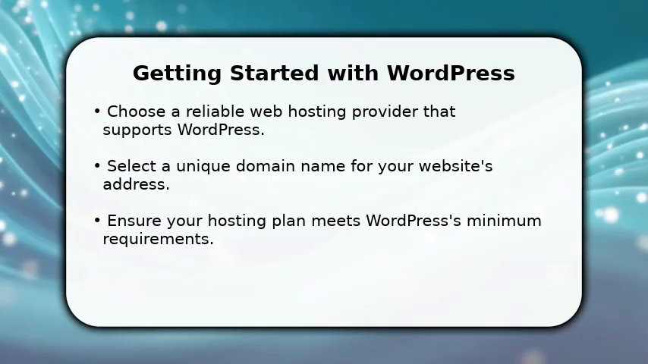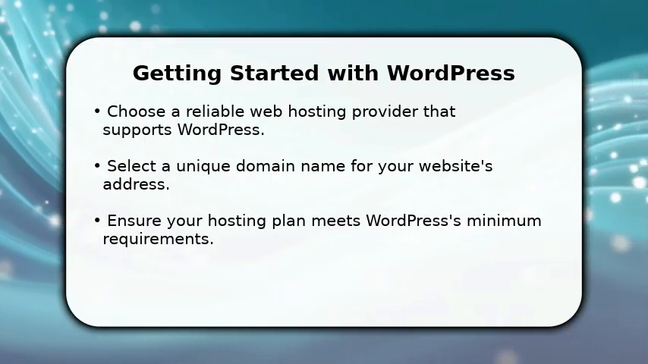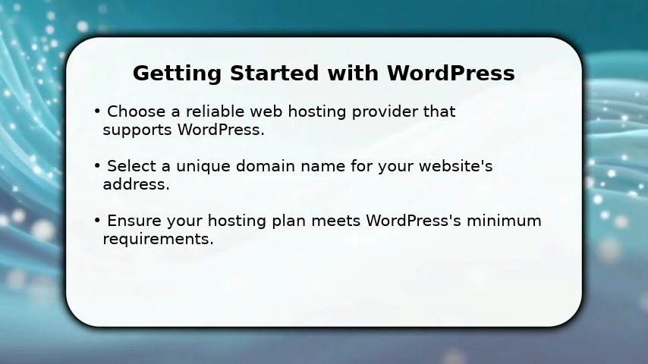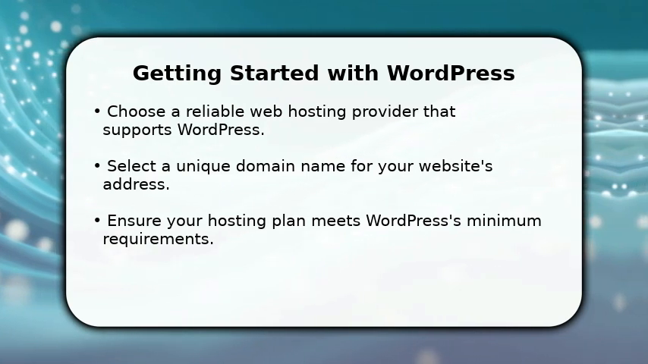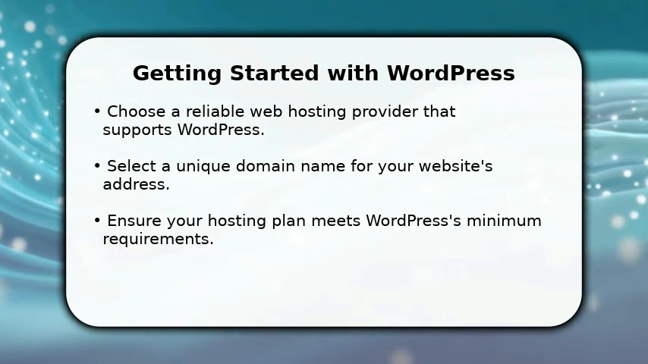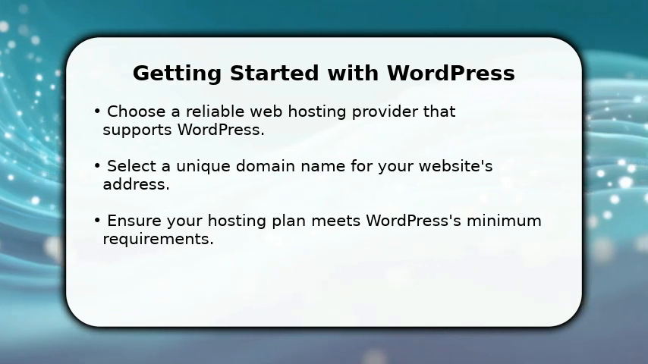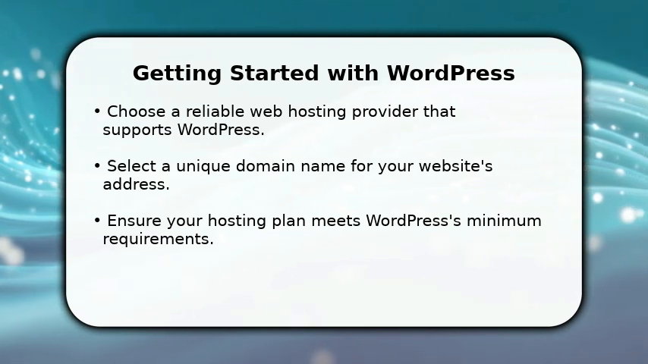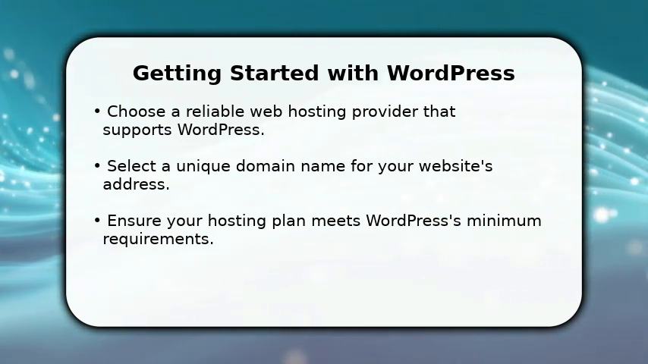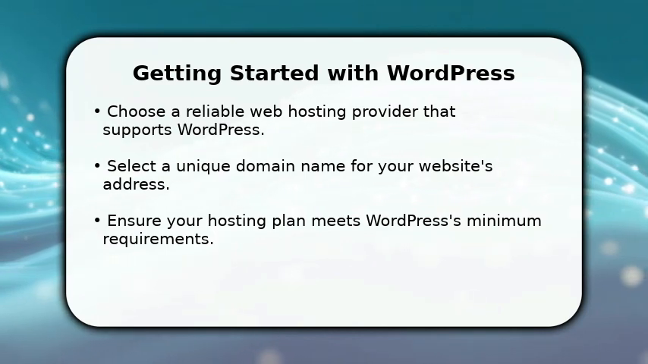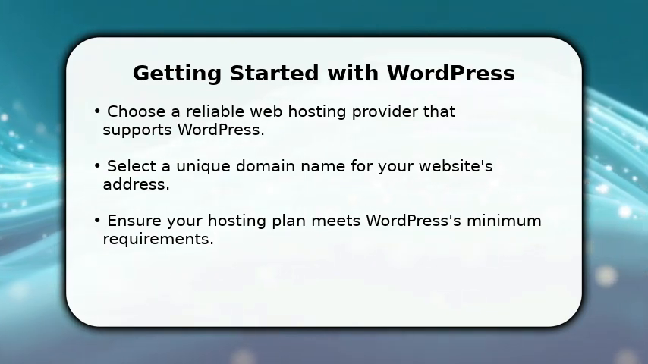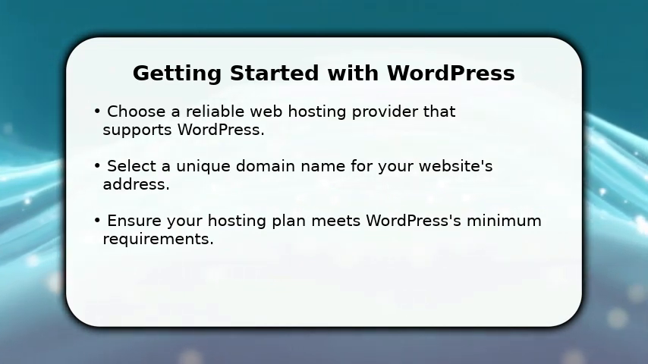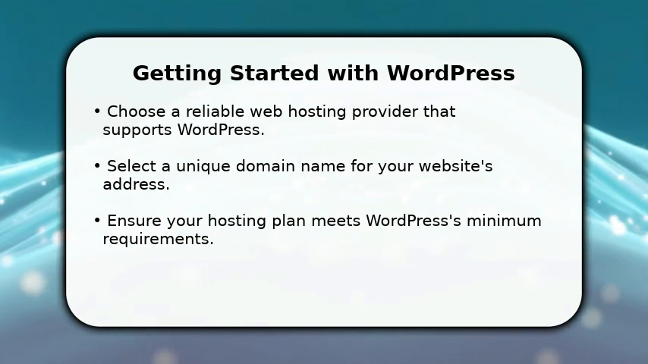In this video, I will explain how to set up WordPress.org. First, you need to choose a web hosting provider. Look for one that offers good performance and customer support, as this forms the foundation of your website. Next, select a memorable domain name, which will be your site's unique address on the internet. Finally, ensure your chosen hosting plan meets WordPress's technical requirements, typically PHP version 7.4 or greater, and MySQL version 5.6